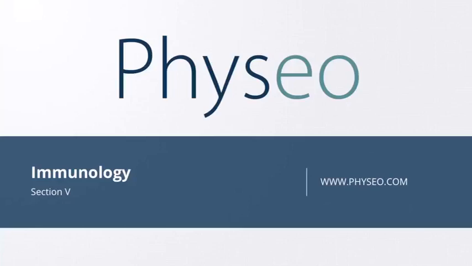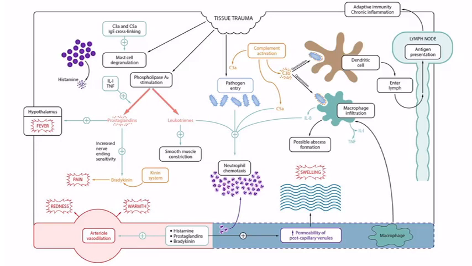Welcome to Section 5 of Immunology. In this section, we'll be discussing the complement system. This is the overview image for acute inflammation. We introduced complement activation briefly in Section 2, and so now we're going to basically zoom in on this process and tell you what you need to know